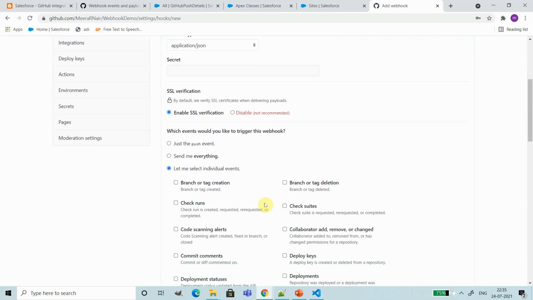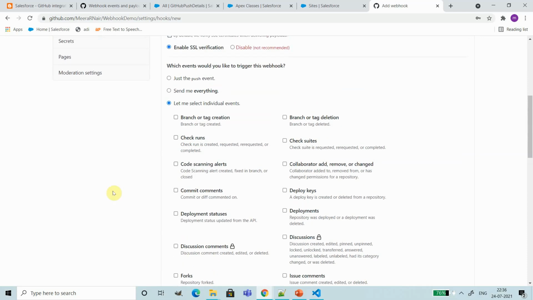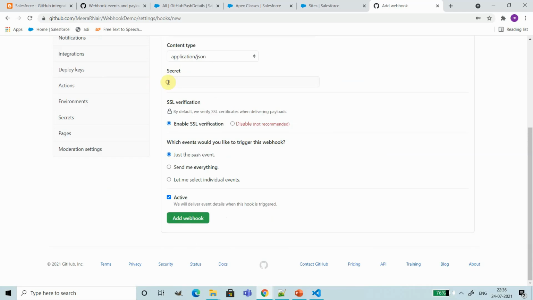If you select individual events, you will see different operations associated with a repository, like branch creation, code scanning alert, commit comment, deployment status, forking of a repository, and issues when an issue is created. Similarly, corresponding to each action associated with a repository, you will be able to create a webhook. But for the demo purpose, we are just restricting this webhook creation to the push event.